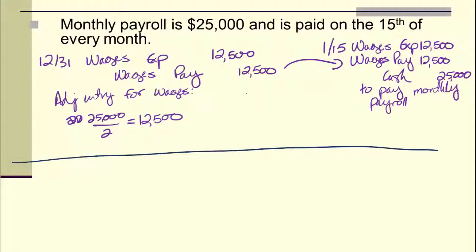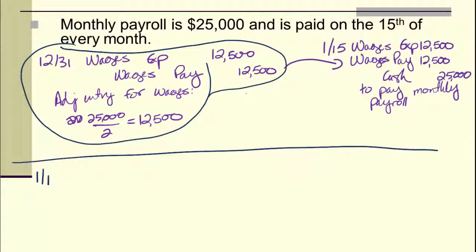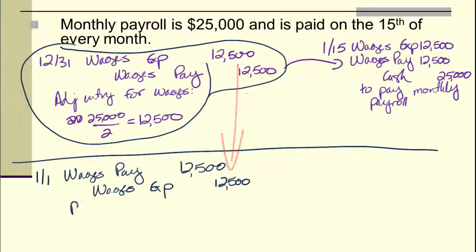On 12/31, the accountant who knows what he or she is doing would come in and make this entry. Whoops, there we go. That's much better. Okay? Make sure we get the numbers involved or it's a very bad journal entry. Then, on January 1st, before the accountant goes home and leaves things done, they would reverse it. So, wages payable, $12,500, and wages expense, $12,500. Reversing entry